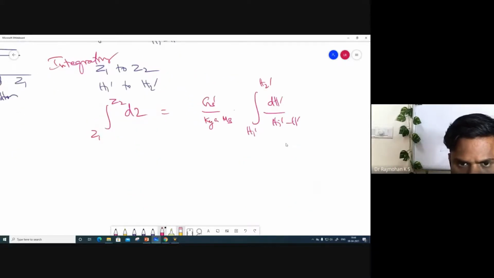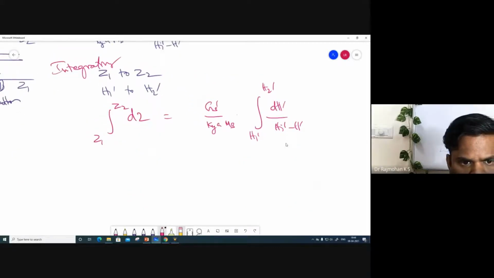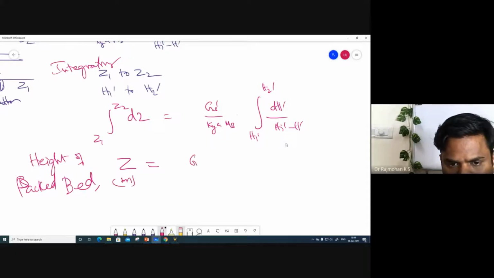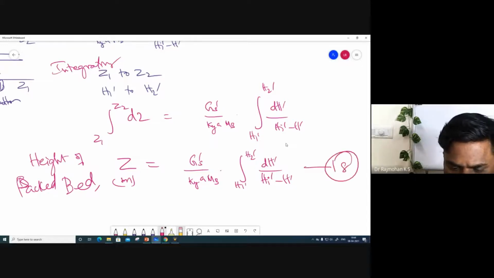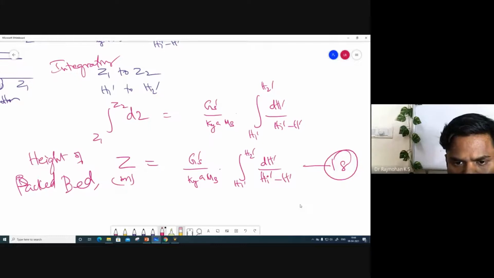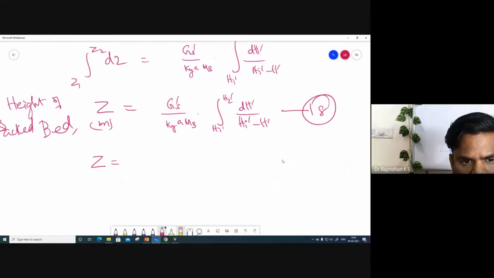Now what is this one? Z1 to z2 is your z, the height of the packed bed. So the height of the packed bed is given by z meters. The right hand side is Gs' by KyaMb into the integral from H1' to H2' of dH' by (Hi' minus H'). Let it be equation number 18, and we can write this equation as z equal to